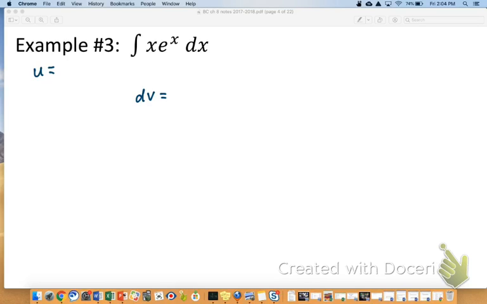Okay. So if we're going to follow that pattern that I just shared with you guys, because the transcendental is not a logarithm, I need to make my polynomial my u, and then